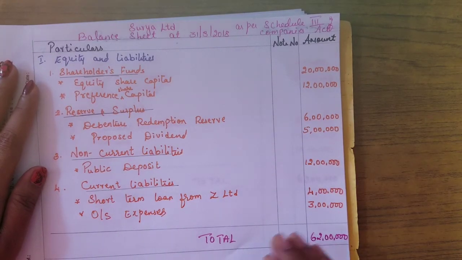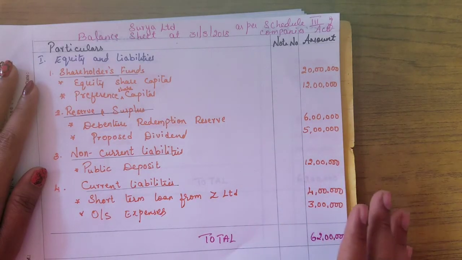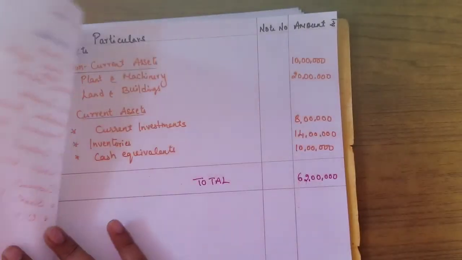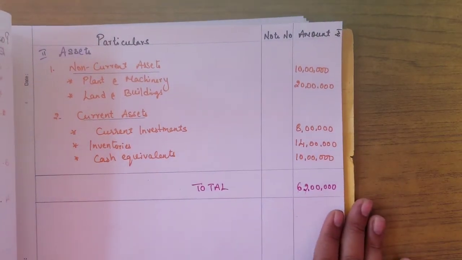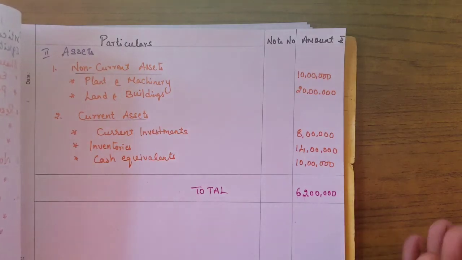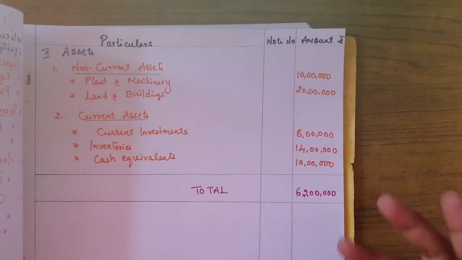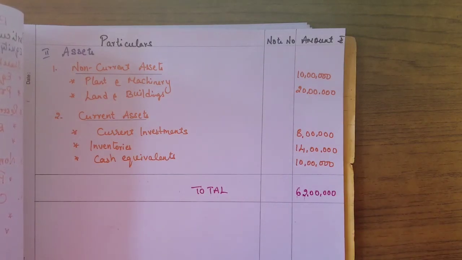Okay, and please watch again. If you are not able to understand small things here and there, please kindly rewind and play the video once again, so that you can easily understand. Unless you practice the problems, you will not be thorough. To look at the problem, it seems very simple and easy, but when you close your books and then practice, you will come to know where you are going wrong, which particular part you are getting confused about, and where you are making mistakes. You will realize it and then you can correct it.